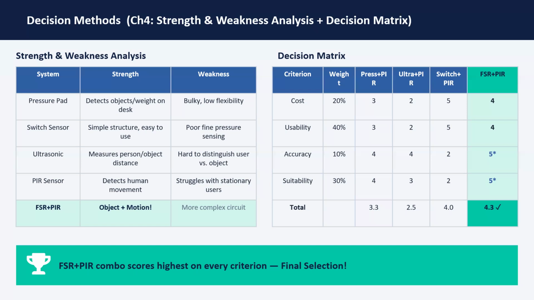In contrast, our final solution combining FSR sensor and PIR sensor demonstrates the highest accuracy and excellent usability relative to cost. As a result, it achieved the highest overall score of 4.3 and was selected as the final